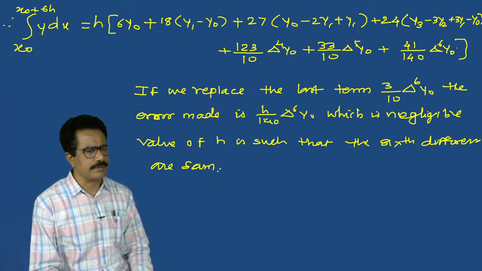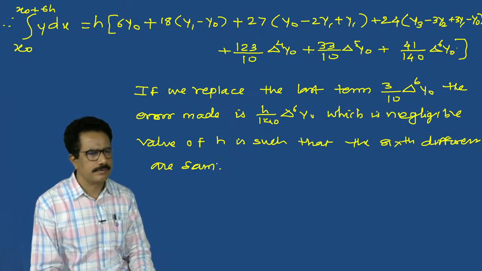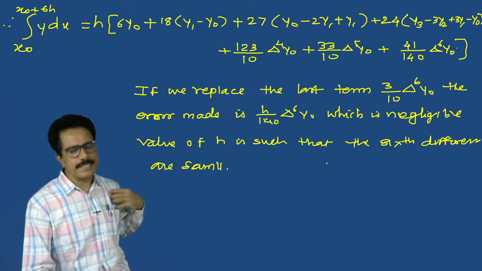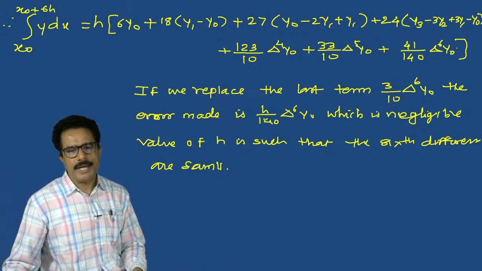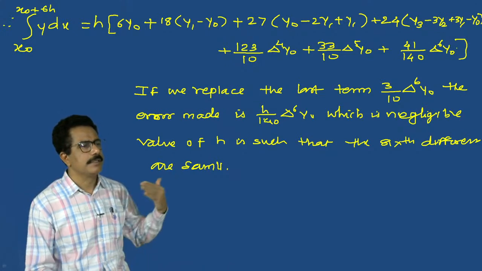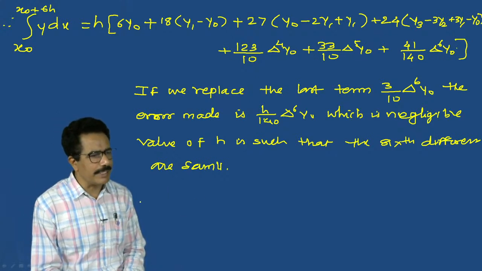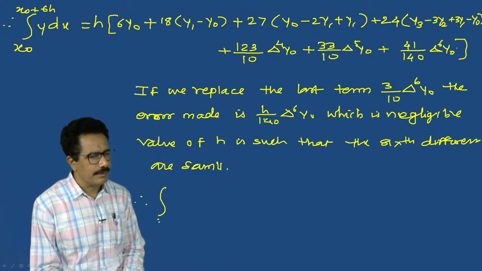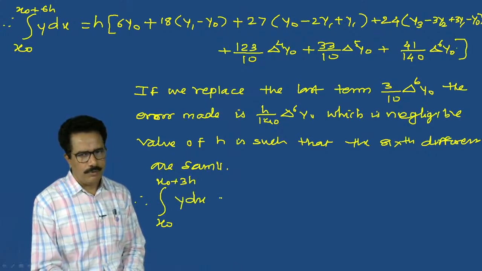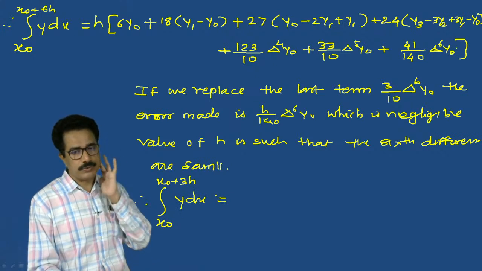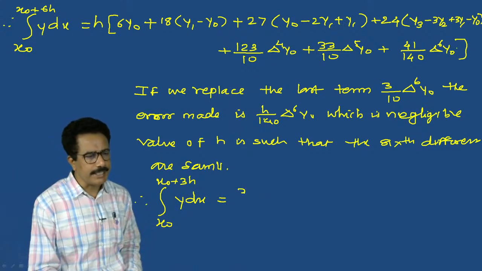So we have to replace this. Then we will get the next value, and if we take the common from this, then we will get the integral from x0 to x0 plus 3h of y dx is equal to, if we solve and take out a common 3h by 10, then we will be